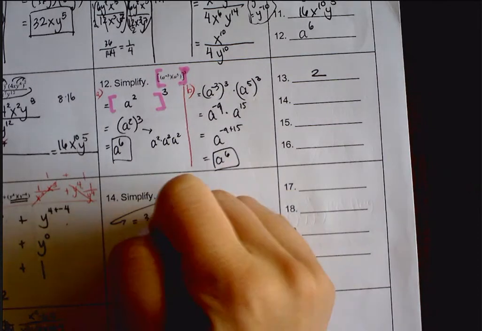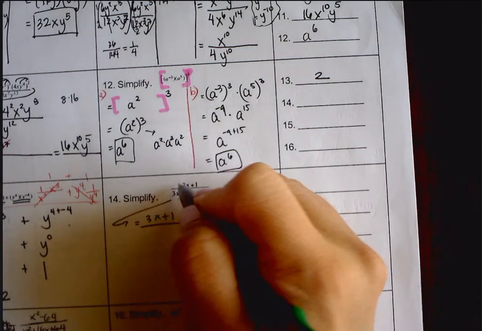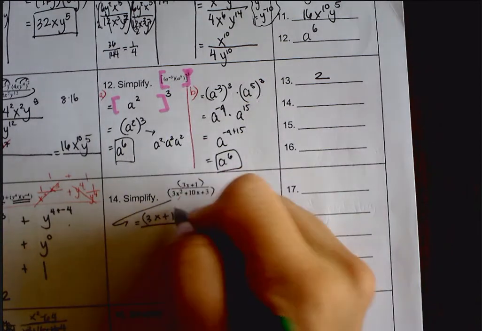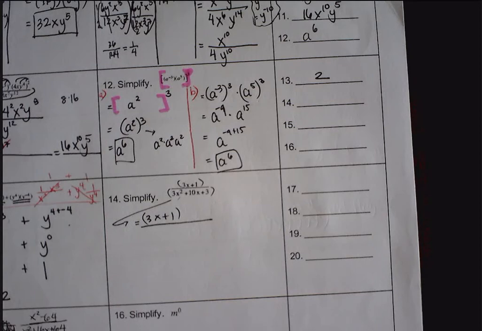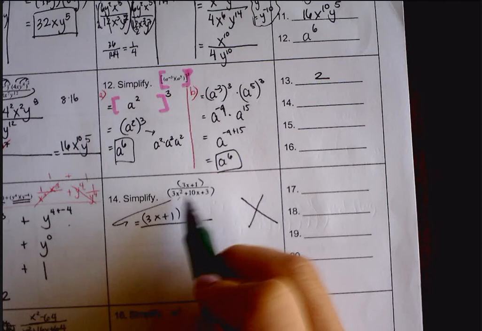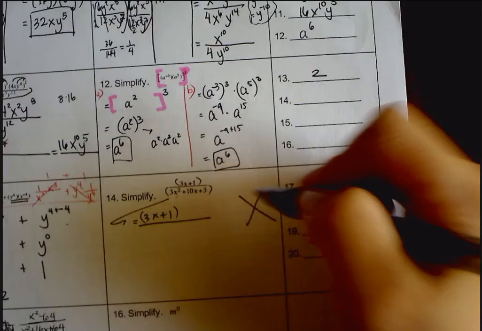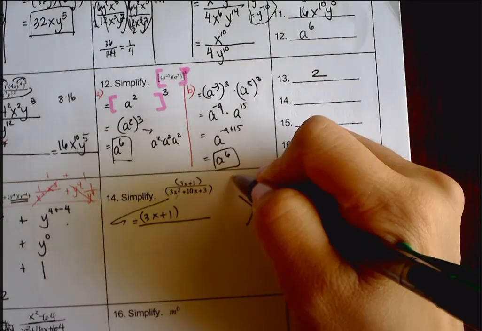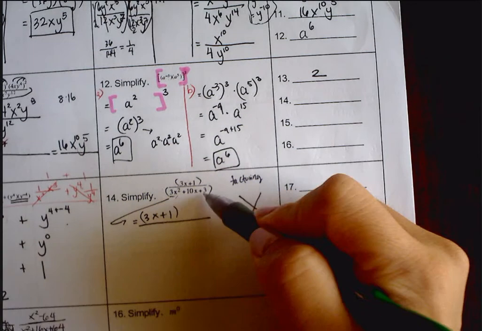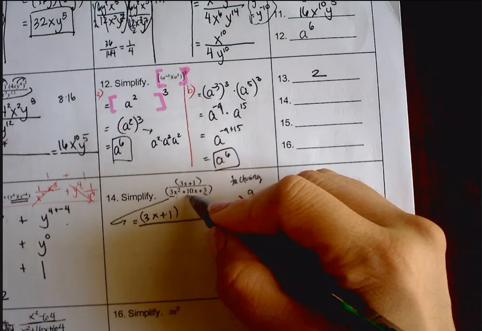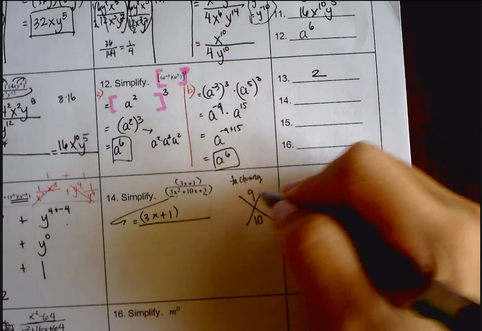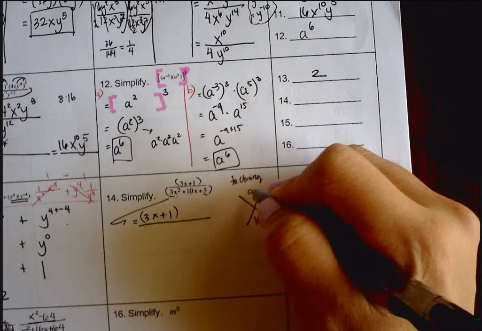The X method is used for factoring. Okay? The X method is for factoring. 3 times 3 is 9. The middle coefficient is 10. What two numbers multiply to 9 but add up to 10? 3 times 3 does not add up to 10. But 9 times 1 does add up to 10. So at this point, I